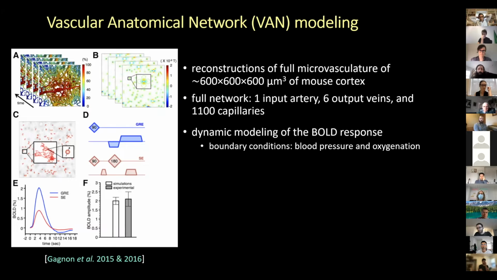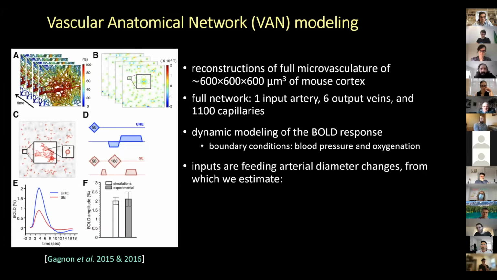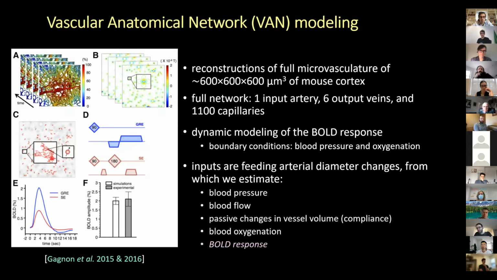So we simulate the full spatial and temporal dynamics of the BOLD response based on boundary conditions for blood pressure and oxygenation. The inputs here are time traces of arteriolar dilation or diameter changes, which represent the vascular response to neural activity. So now in the first stage of the simulation, we use fluid dynamic computations to simulate blood pressure, flow, and volume changes. In the second stage, blood oxygenation is computed using a model for tissue oxygen consumption, and the simulation of oxygen advection in the vessels, also exchange between red blood cells, plasma, and tissue, then oxygen diffusion